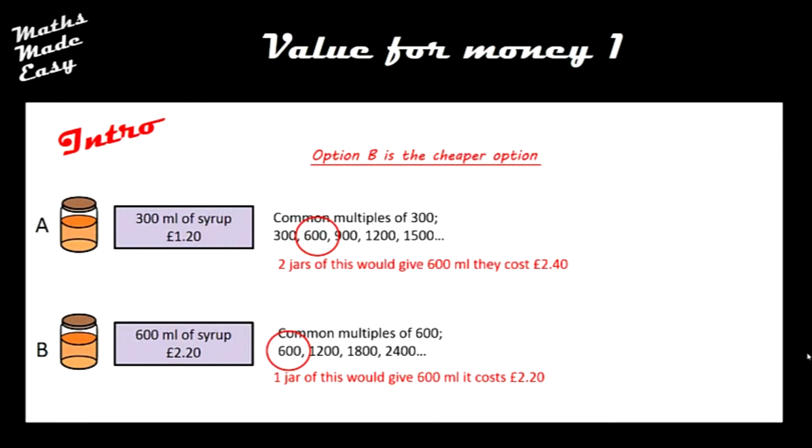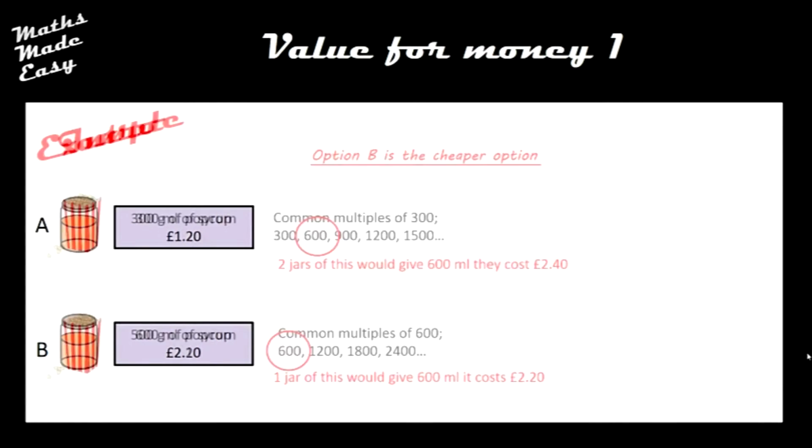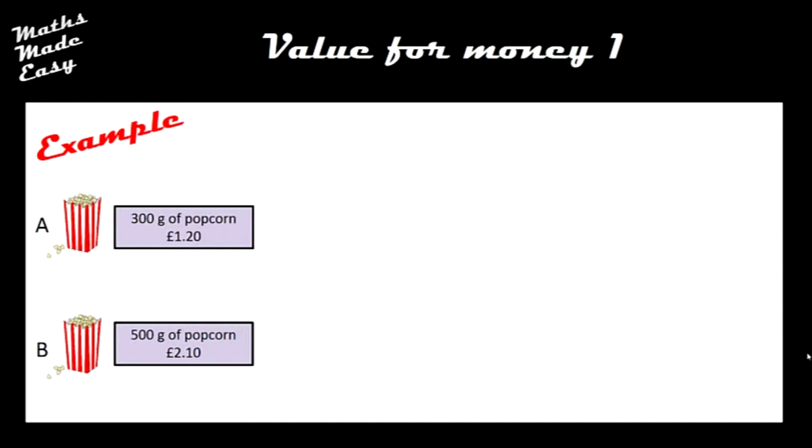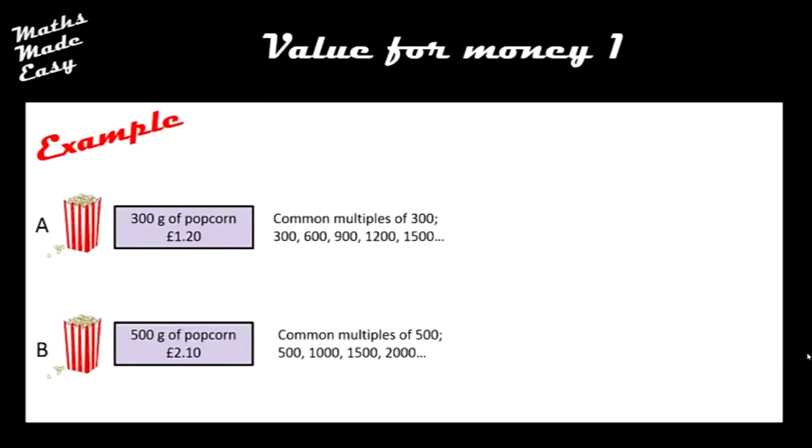So let's have a look at a slightly more complicated one of these. In this example, there are two different offers on popcorn, 300 grams for £1.20 and 500 grams for £2.10. So again, I'm going to start by considering the common multiples of both of these. And again, if you're stuck on this, you can think of it as 3s and 5s rather than 300 and 500. Hopefully you can see that there's a common multiple here of 1500 grams,